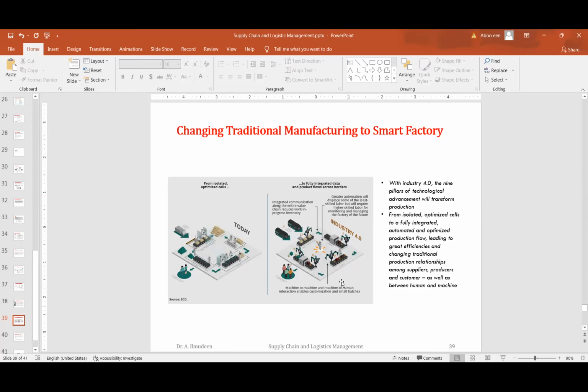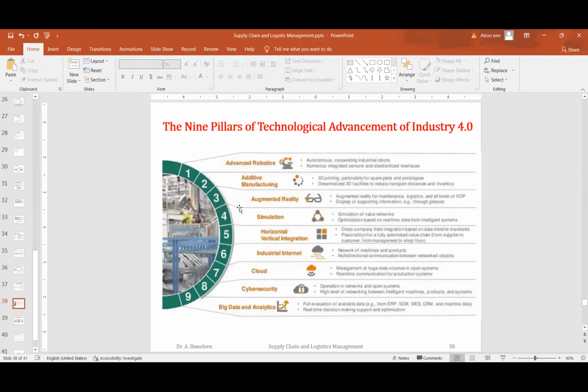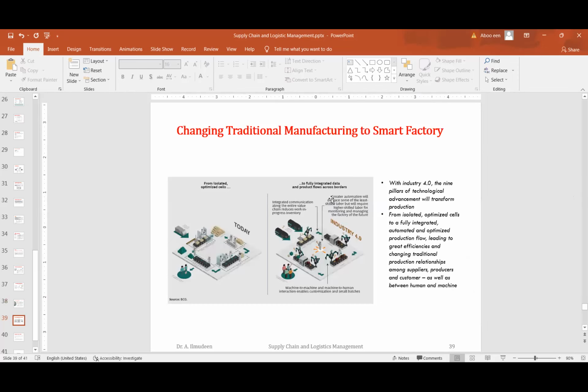So Industry 4.0, augmented reality, advanced robotics, simulations, the industrial internet, and cloud-based applications and analytics will help the smart factory function smoothly. So errors are eliminated, labor involvement is reduced, and continuous manufacturing, quality control, quality management, and various other aspects can be achieved. From isolated to optimized cells to a fully integrated, automated, and optimized production flow, leading to great efficiencies and